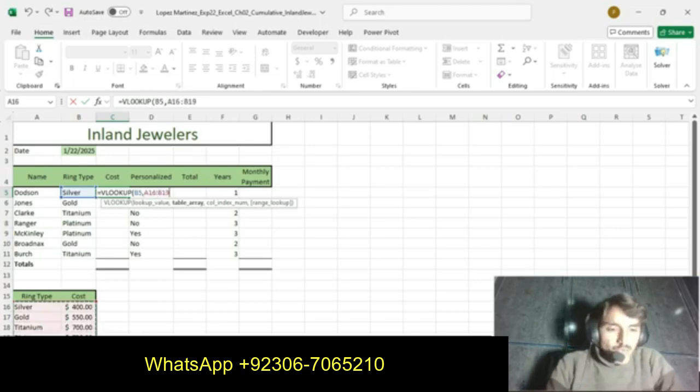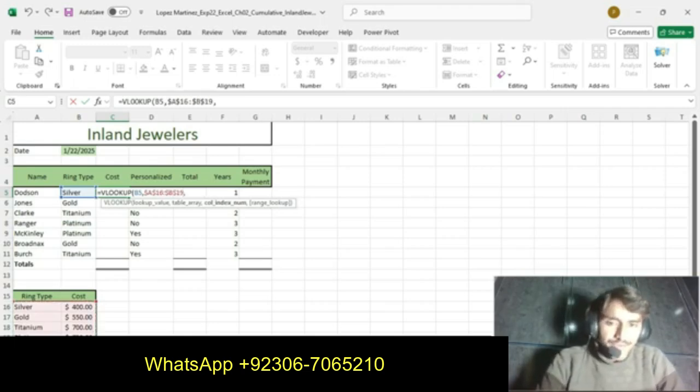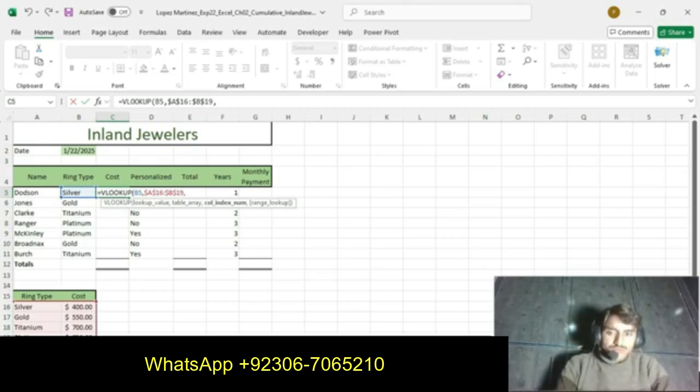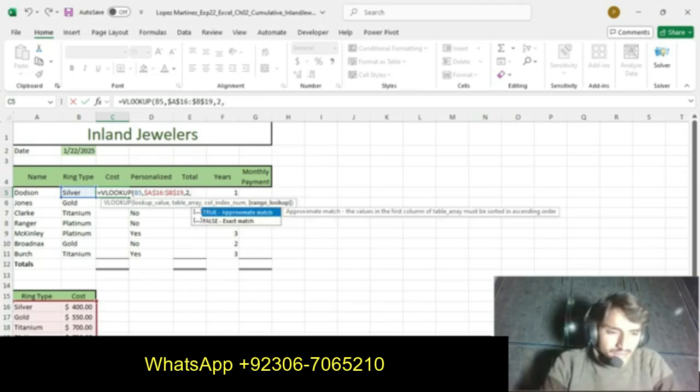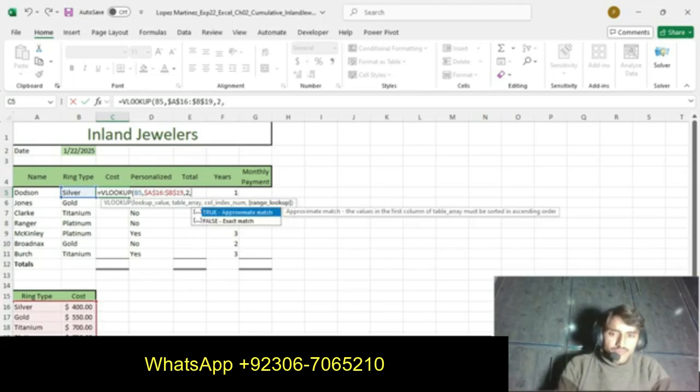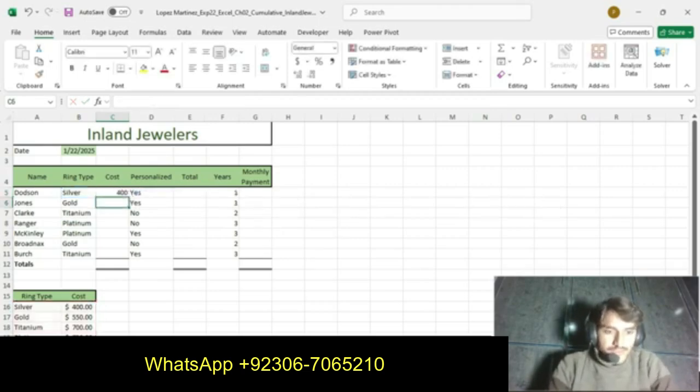For absolute cell references we press F4. Now the column index number. We get the value from the second column, so we press 2. Then it says exact match, so we select exact match. Now we press enter and we get our result.